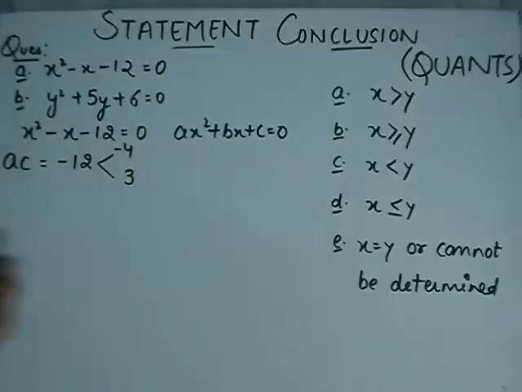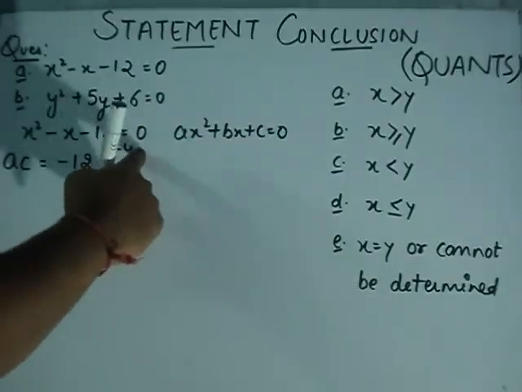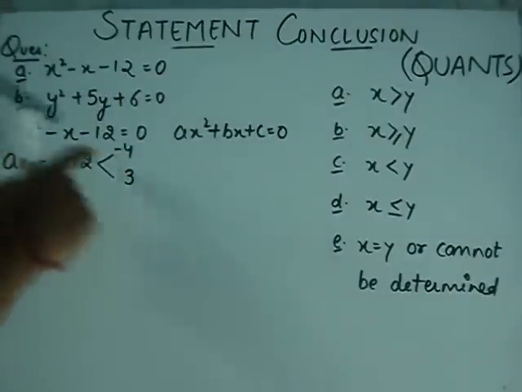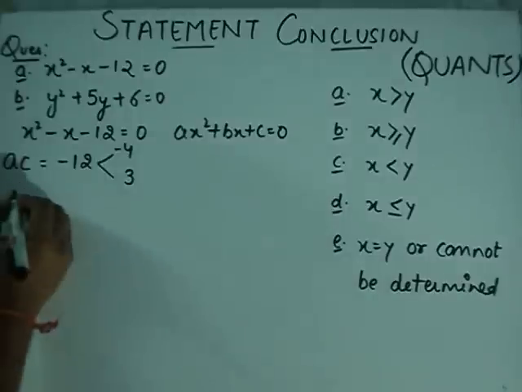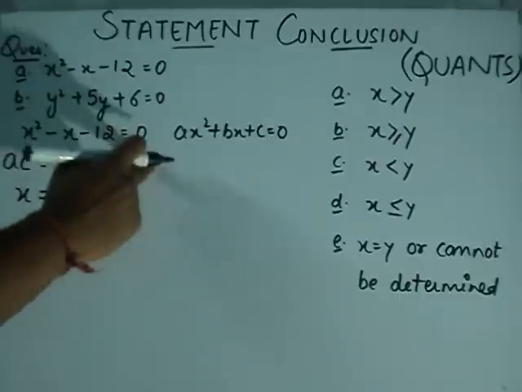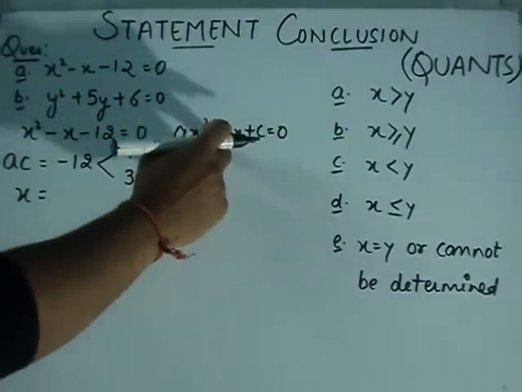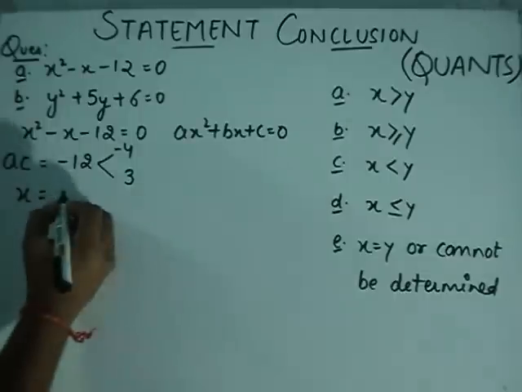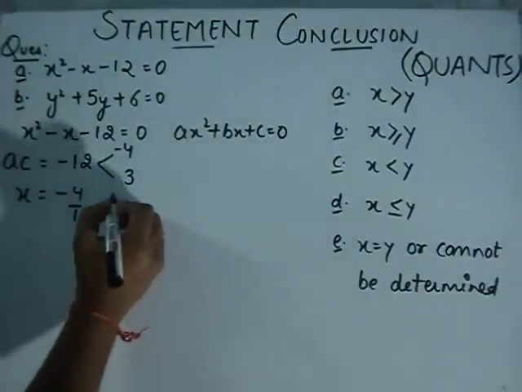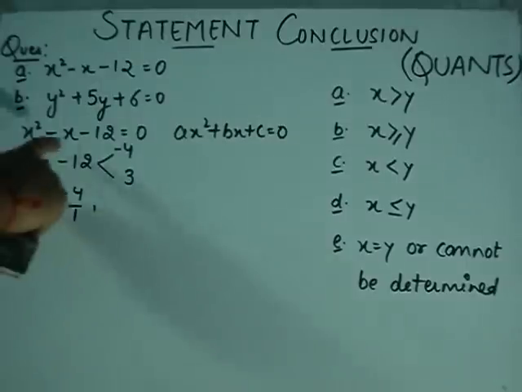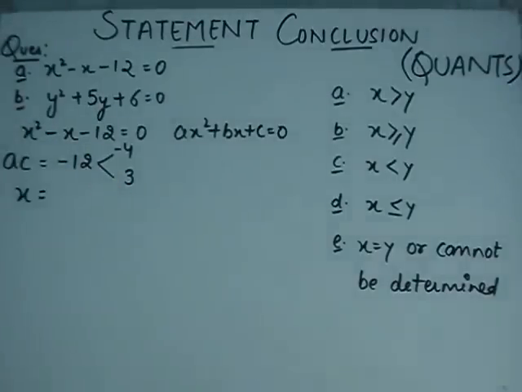So I am directly calculating it. When I divide each value by the coefficient of x square, I get the roots of the equation. Here minus 4 and 3 are the splitting terms, and after addition we get the value of b, which is minus 1. So my splitting terms are correct. As I told you, when both the signs are negative, one root would be positive and the other would be negative.